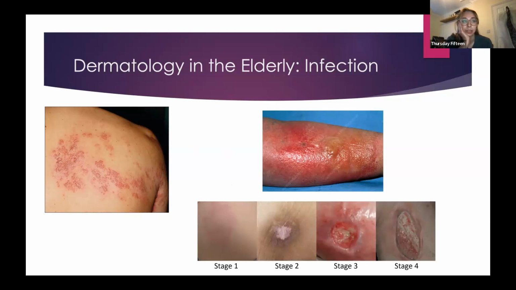Yeah, pressure sores. So older people who lie in beds on wards for a long time and aren't very mobile are at high risk of getting pressure sores. So the nurses are really good at keeping an eye on the really common pressure areas. When they get to stage 3, stage 4, you're at much higher risk of getting an osteomyelitis. Often you can even get to the point of having exposed bone with pressure sores. So it's important to keep a close eye and be preventative about the development of them.